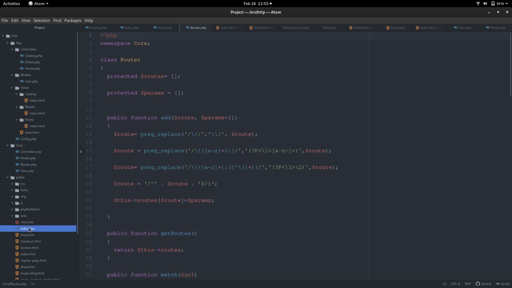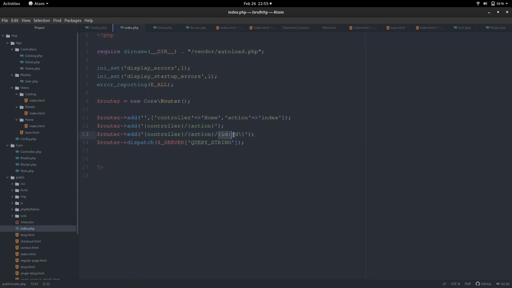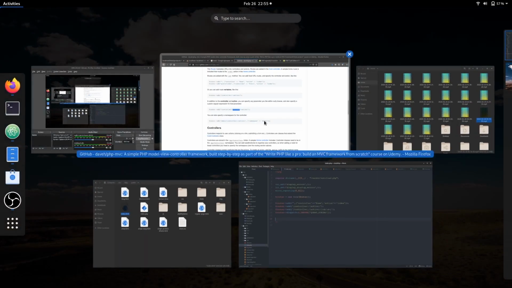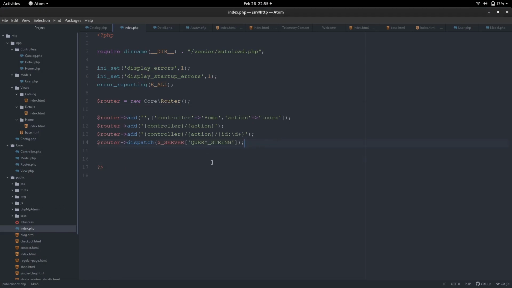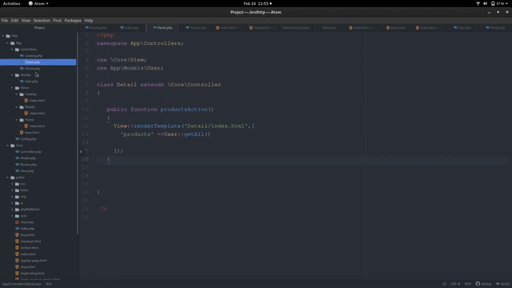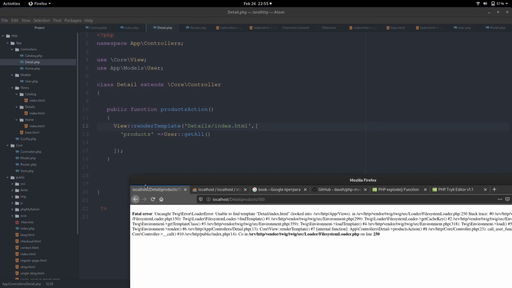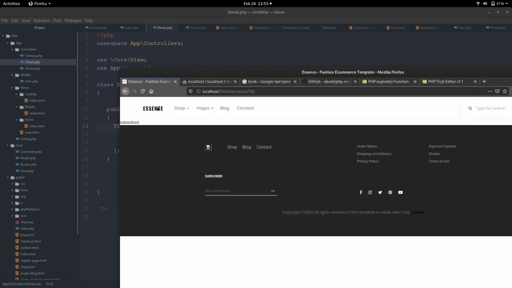Just go to index.php here. Yeah, on the other side, so like this, ID is supposed to be like this. So add this line in the index.php, save that. Let's go back here, refresh. Then go to details, save that. Let's refresh again, and we have